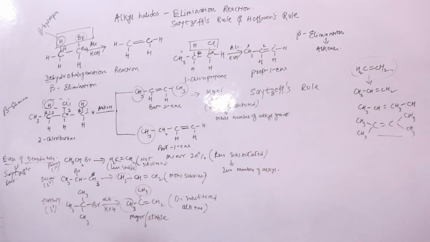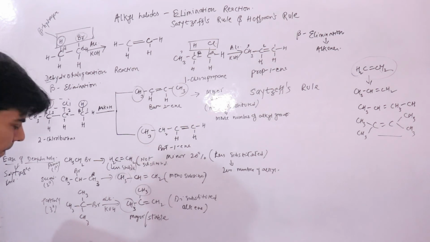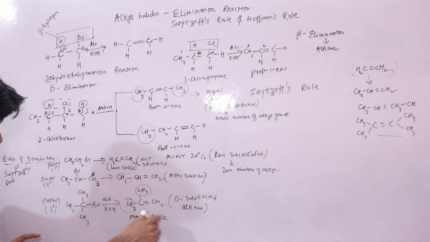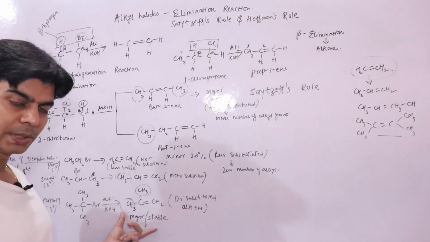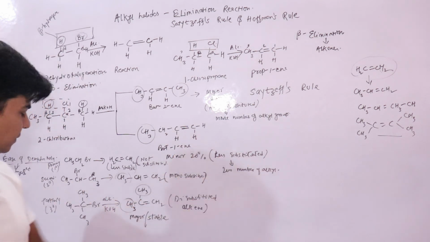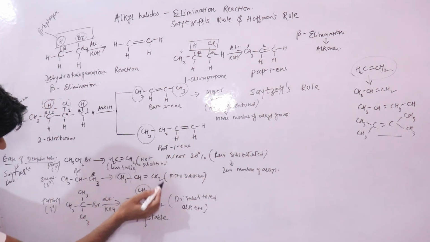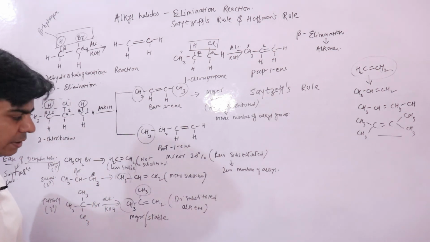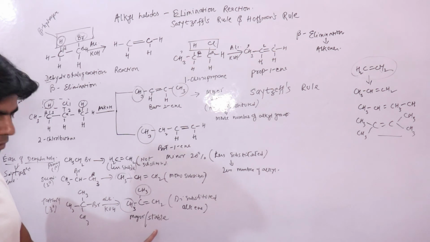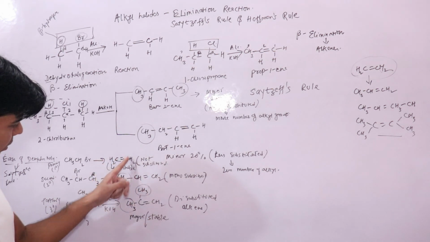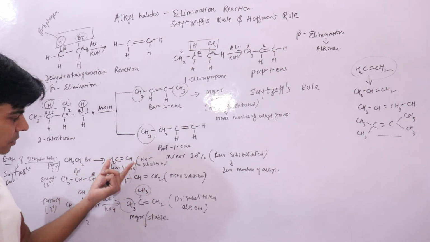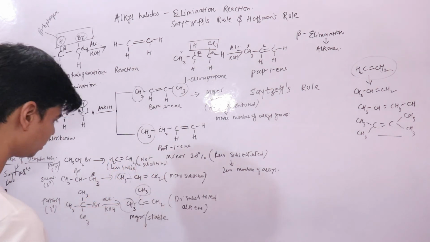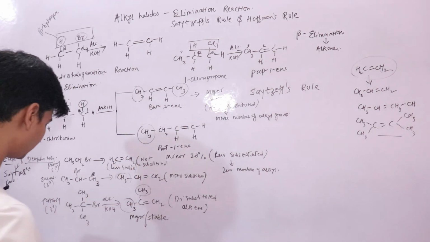This is not substituted. So this alkene will undergo dehydrohalogenation most easily, right? Because it forms the more stable alkene, because it is more substituted as per Saytzeff's rule. Then comes this 2 degree alkyl halide, which forms a less substituted alkene compared to this one. Then comes your 1 degree alkyl halides, which form an alkene which is not substituted at all. So this is least stable and would be the minor